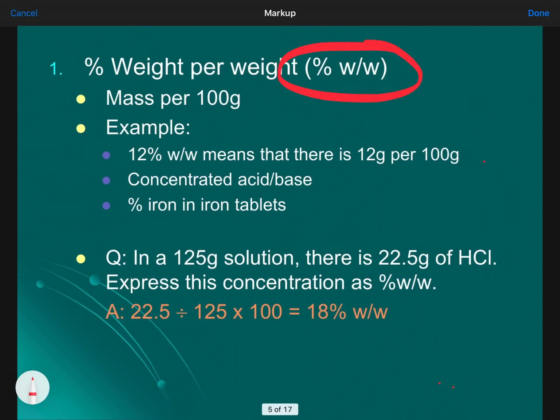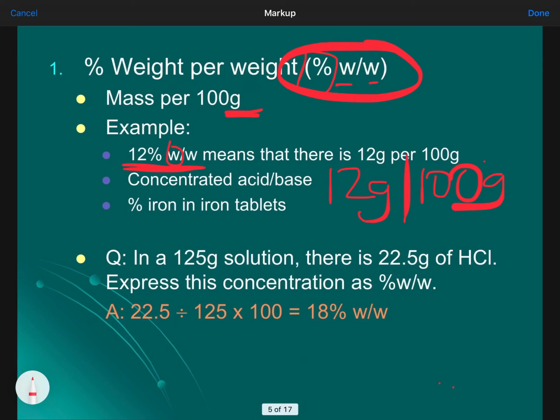So the first way is percent weight per weight. Now, they're using the term weight there. They really should be using the term mass, because units in grams. So it's unfortunate that they're using the term weight, but that's what they use. So if you've got a 12% weight per weight, what does that mean? It means that you've 12 grams, weight means grams, in percentage implies 100. So 12 grams in 100. So if I said to you, I've actually got 200 grams of that solution, then I'd have 24 grams of